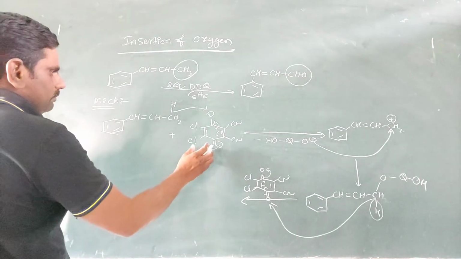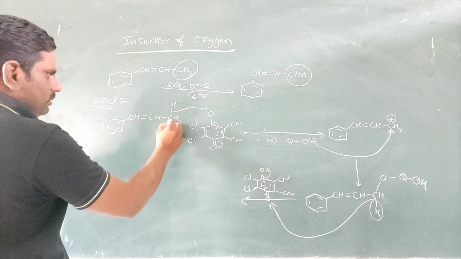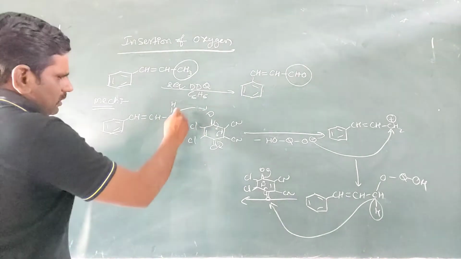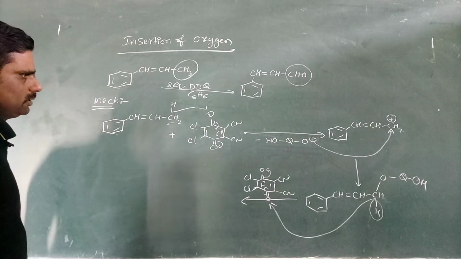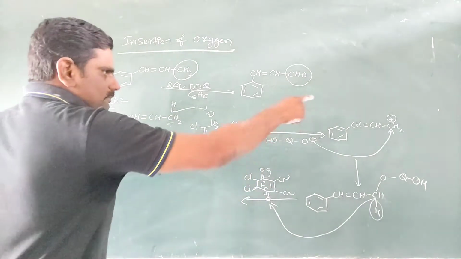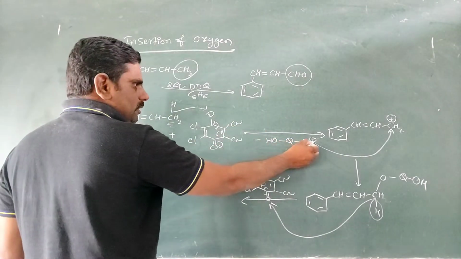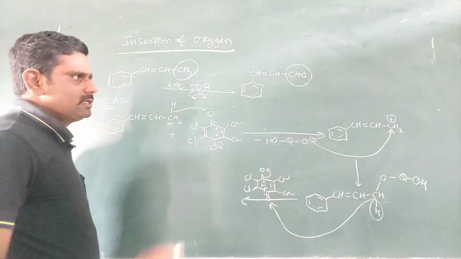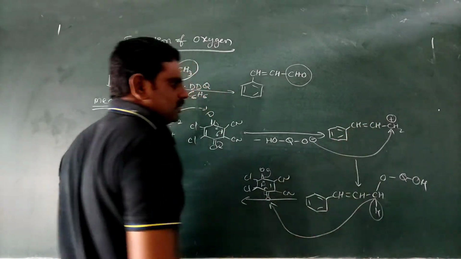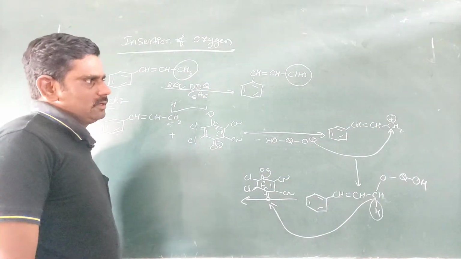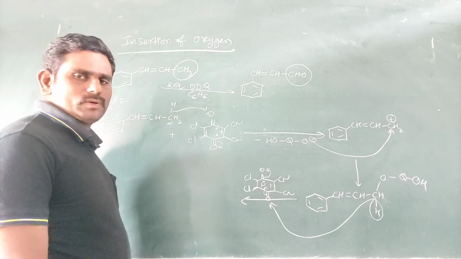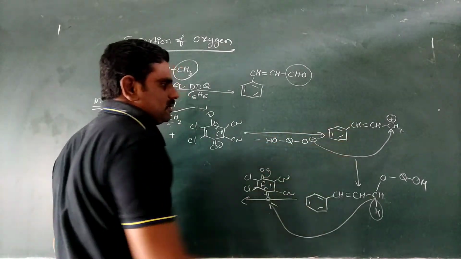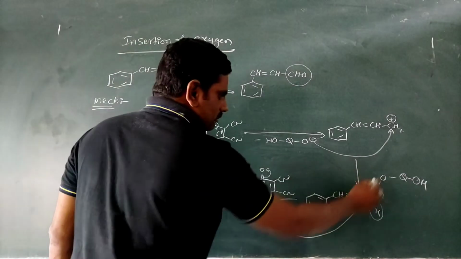So in the first step, DDQ abstracts hydrogen from the allylic part. The allylic hydrogen is abstracted by DDQ. Here the positive charge is present, and the negative charge is present on the DDQ molecule. That negative part attacks the carbonium ion. Why? The reason is simple. There is no sp3 carbon having hydrogen, so there is no sp3 hydrogen adjacent to the carbonium ion. That's why O minus attacks it. So after that this is formed.